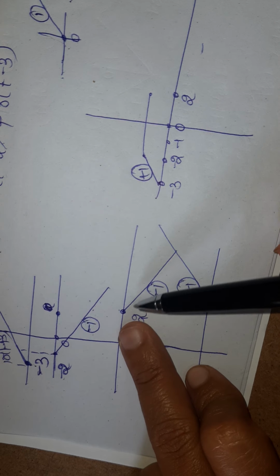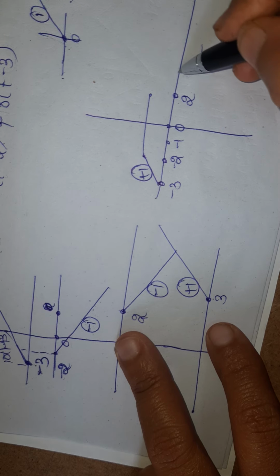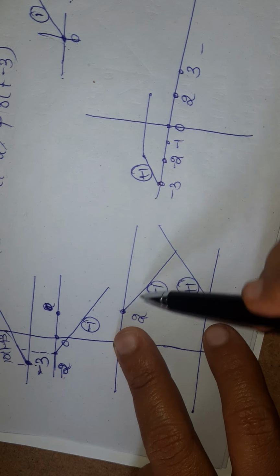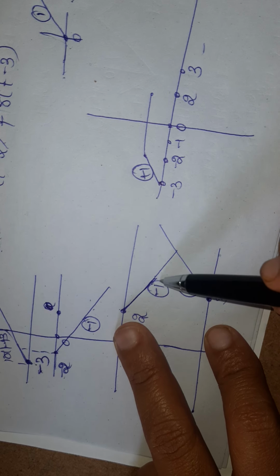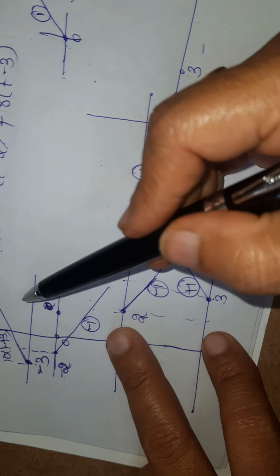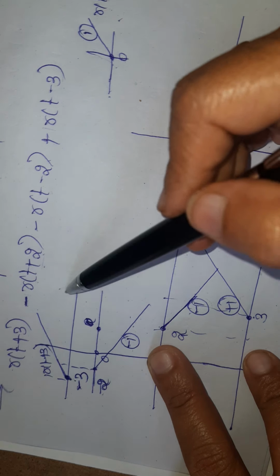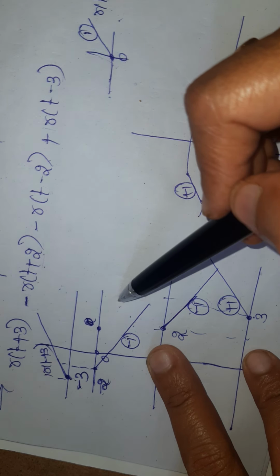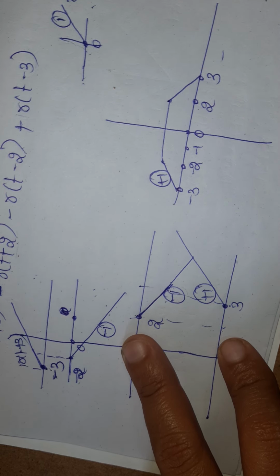Next, we have to consider the limits between 2 to 3, plus 2 to plus 3. Okay, so here I am having this falling signal which is having the slope minus 1. Okay, in between 2 to 3 we are having 3 signals, but addition of these two signals are always constant, and only this signal will present as an output, that is falling signal with the slope minus 1. 2 to 3.